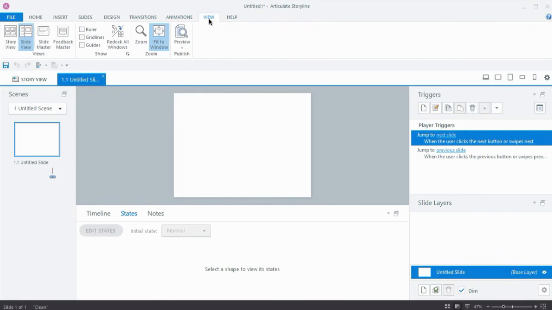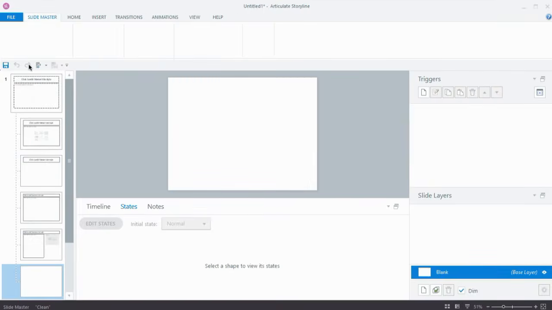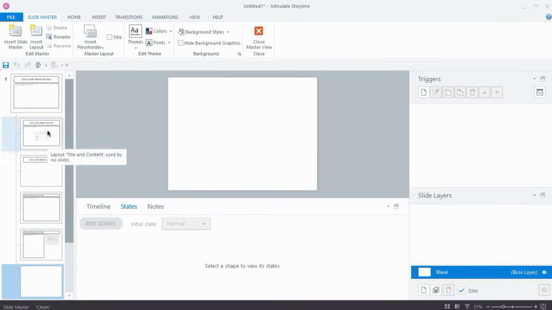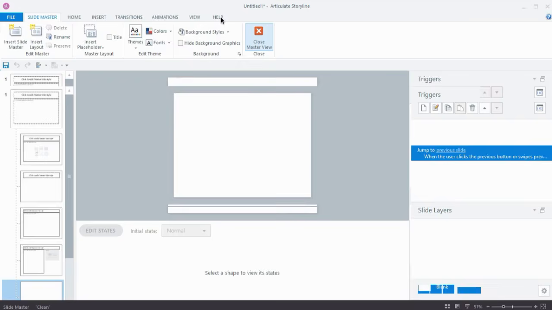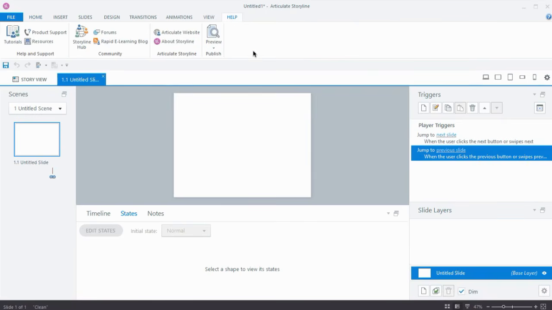Next is the view tab, which is in the slide masters. In this blank project, there are a number of layouts by default, and you can create as many layouts as you want. You can also create multiple slide masters. When you import a PowerPoint file, it will import the slide masters as well. So you will see those in your slide master, to which you can apply theme colors, fonts and other elements which we covered above. And then of course there is all sorts of help available in the help tab.